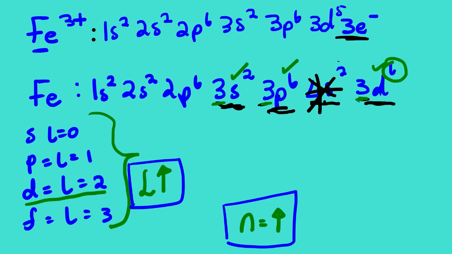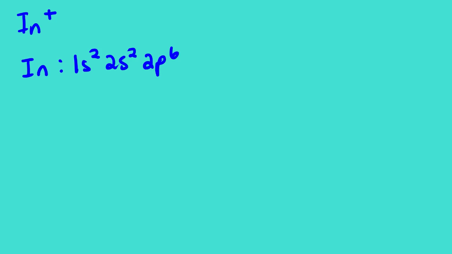Let us look at the last example that will make us use this principle again. Let's look at the electron configuration of indium ion. Let us start with indium quickly. By the way, indium is element number 49. Then let us go ahead and write the electron configuration. We have 1s2, 2s2, 2p6. We have 10 now. 3s2, 3p6,